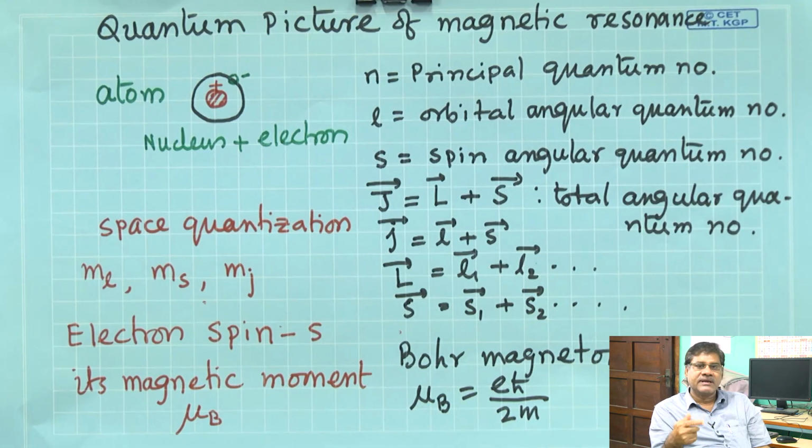So, 1e, 2e, 3e, 4e, we use as a unit. Similarly, mu b is also used as a unit. Okay, 1 mu b, 2 mu b, 3 mu b, to express the magnetic moment of electrons or atoms. So, the origin of this mu b is basically the magnetic moment of an electron in the first Bohr orbit, in the first orbit of the hydrogen atom.